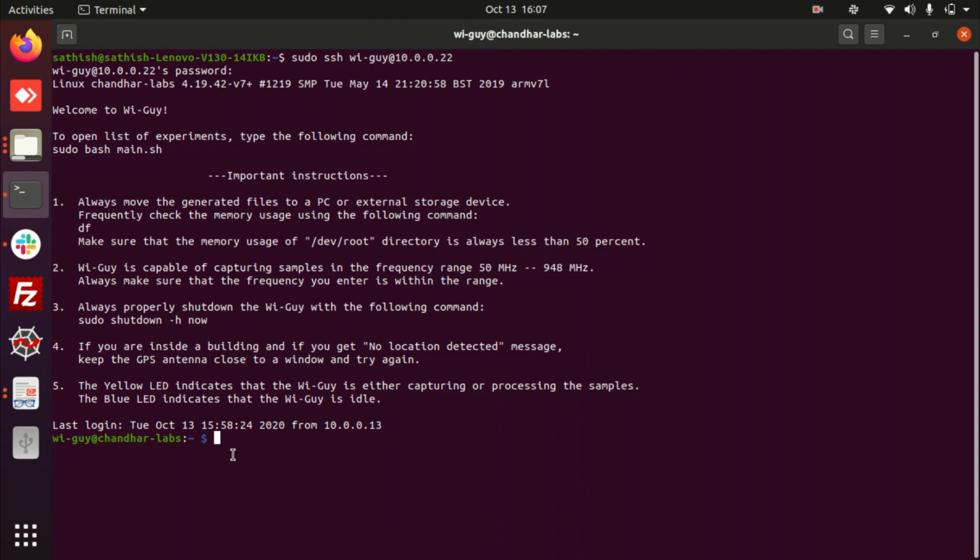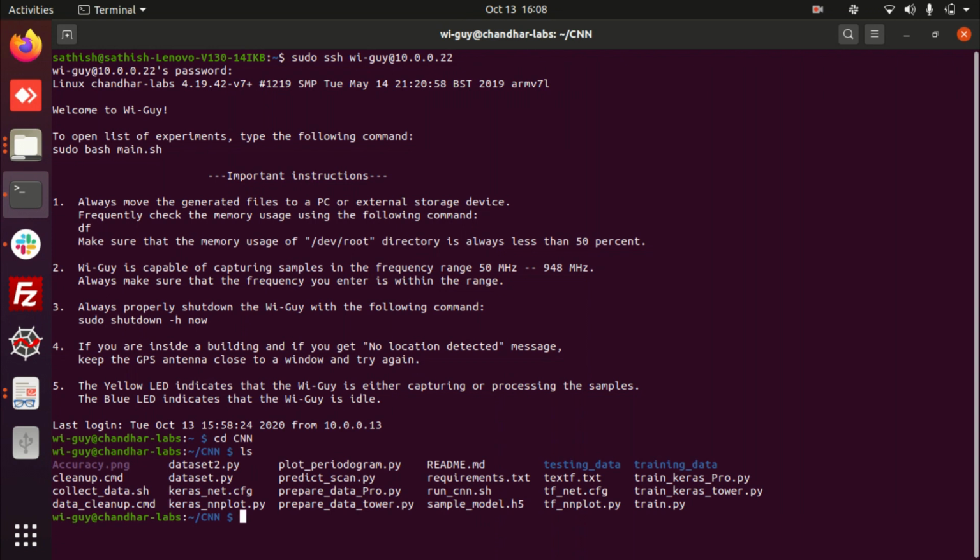Already I created a folder CNN. In that folder are all the files necessary for this experiment. So I'm going to type cd capital CNN. Under the CNN folder I am going to work and access all the files. Now ls, and it lists all the files available in the folder. accuracy.png is nothing but an output image file, so no need to explain further here.